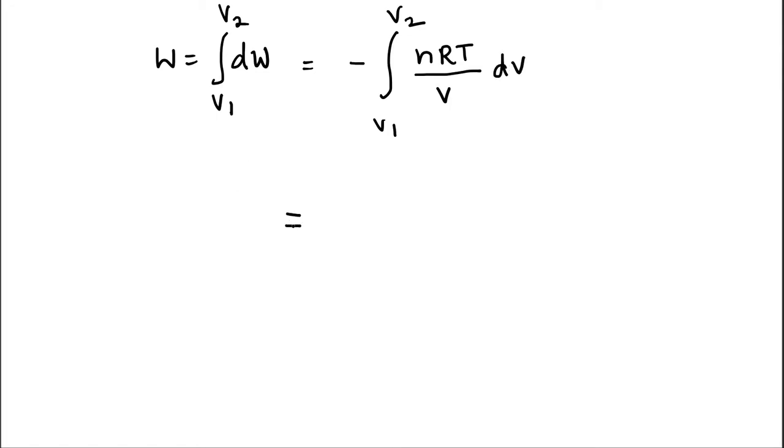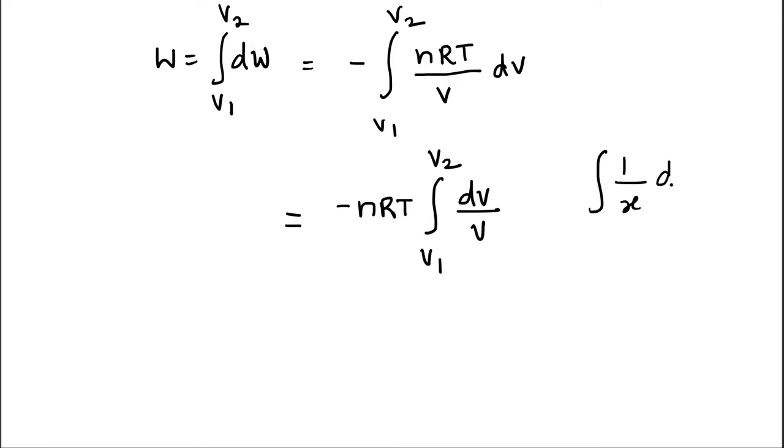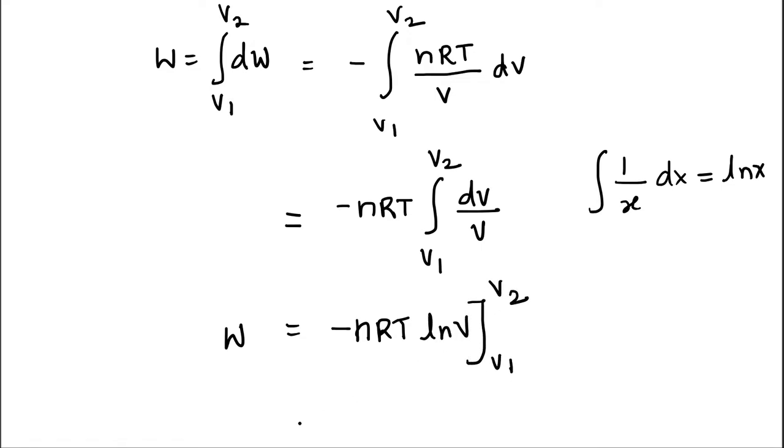So what happens now? This is an isothermal process. Therefore temperature is a constant. R we know it is a constant. n is also constant. Therefore I keep negative nRT outside. Now I get my integration V1 to V2 dV over V. Now we know the formula, integral 1 over x dx is equal to ln x. So what happens here now, we get work done W equal to negative nRT ln V from V1 to V2. So that gives us the work negative nRT